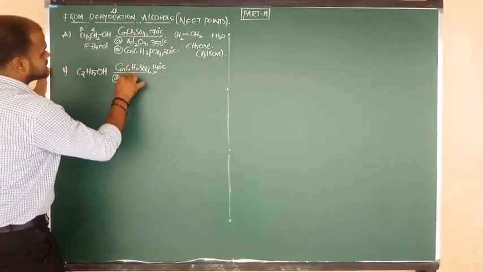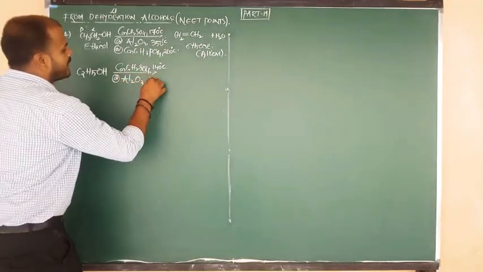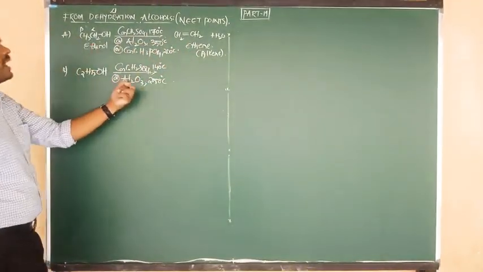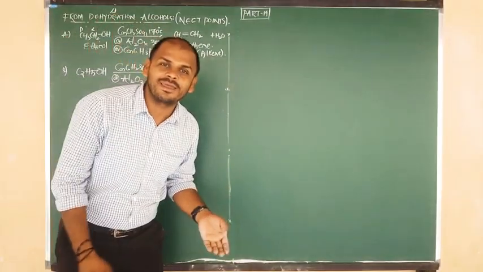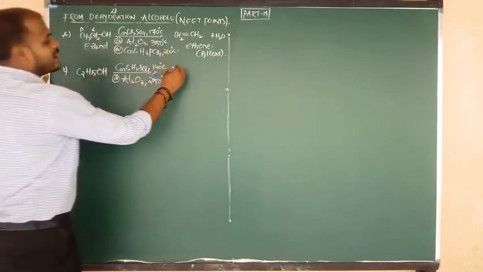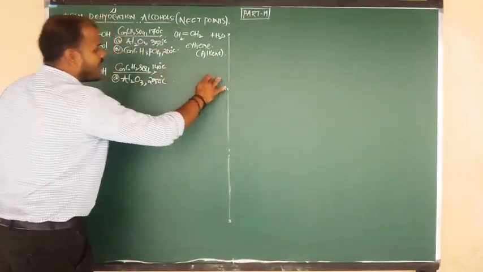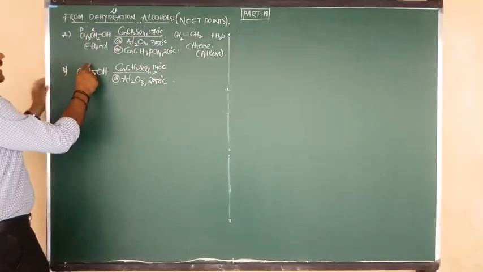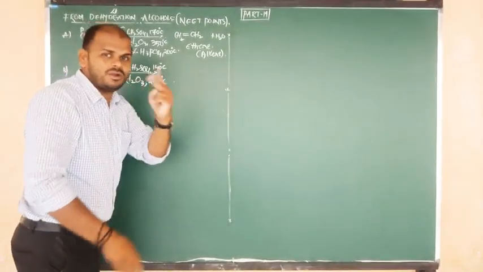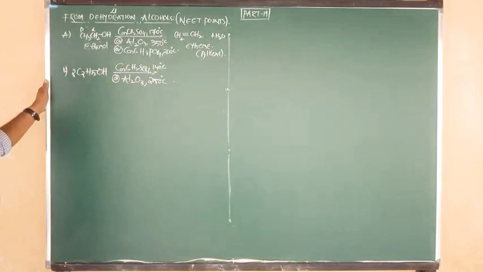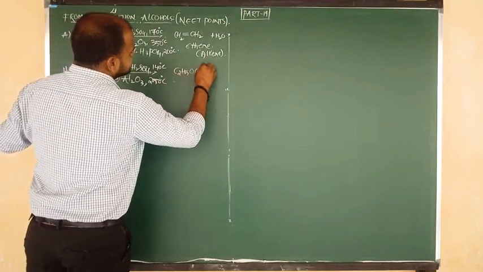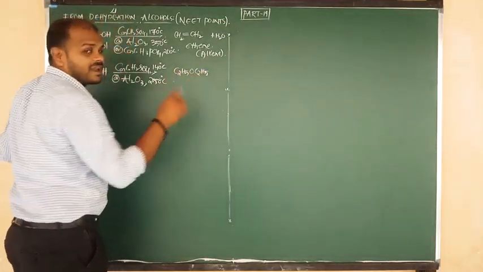And also we can use another reagent: heating with alumina at a temperature of 250 degrees Celsius. Alumina at 350 gives alkene or ethene, and alumina at 250 gives the product ether. What is the product? Ether. Very important. Good. So the formula of ether is ROR. R means alkyl. Here how many alkyl groups are there? Only one alkyl. But in ether, how many alkyl groups are required? 2 alkyl groups are required. So 2 moles of ethyl alcohol. Okay, now right. So the product is C2H5OC2H5.